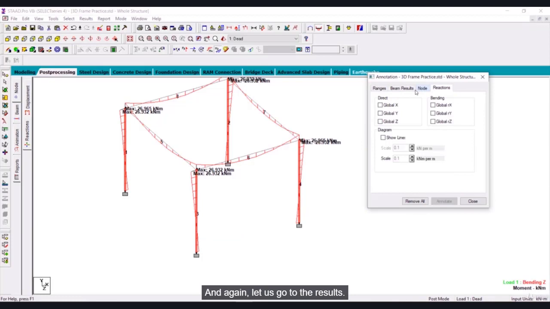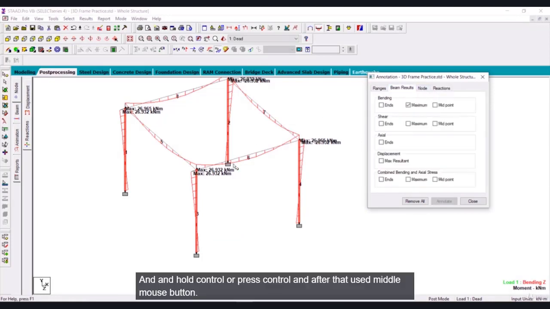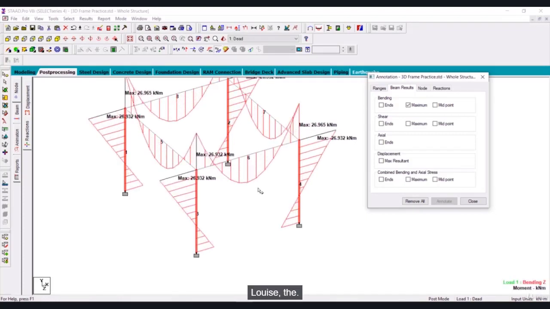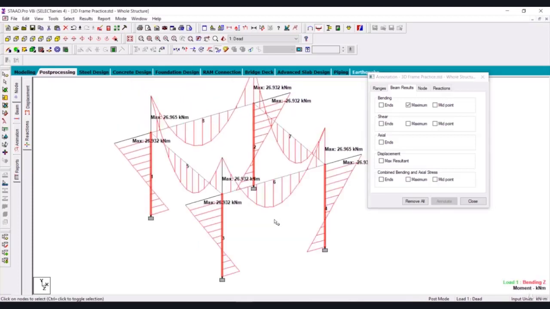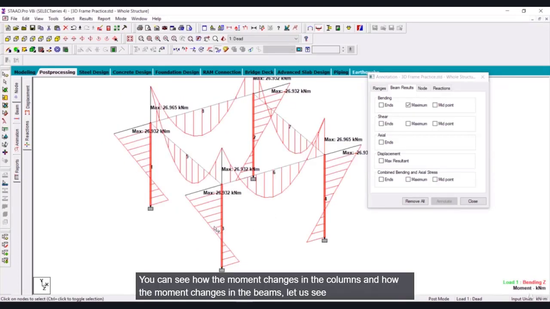And again, let us go to the beam results and hold Control, and after that use the middle mouse button to scale the moment values. You can see how the moment changes in the columns and how the moment changes in the beams.